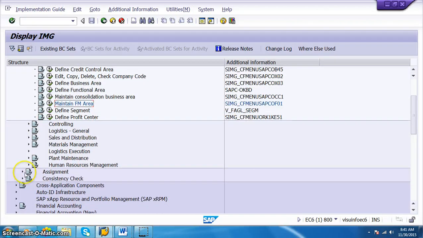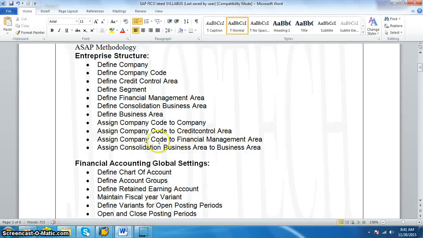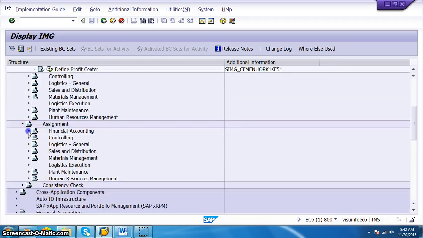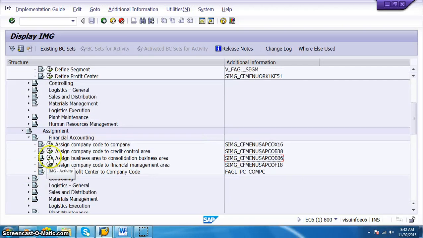Control, and then we have assignments. In the assignments we'll have the assignment of company code to financial management area, and assign consolidation business area to business area is what we have to do now. So let's go ahead into the assignments, financial accounting. In the financial accounting we have assign company code to credit control area, business area to consolidation area. This transaction code is OBB6. Just click on this one,